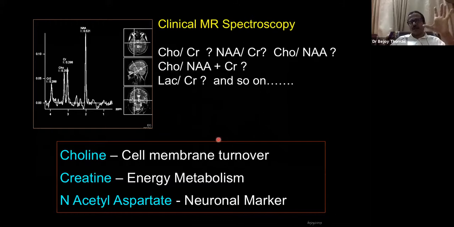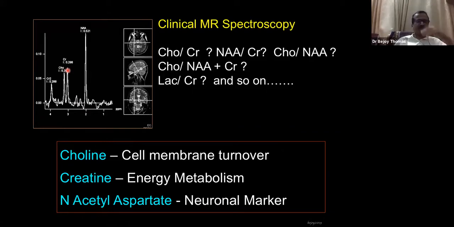So basically, we are looking at 3 or 4 peaks, and I will talk about more peaks as and when they come. But basically, we should know 3 peaks. N-acetyl aspartate is at 2 ppm, or 2.02 ppm, which is 2 ppm for all practical purposes, and is a neuronal marker. Then the creatine, at 3 ppm, is the energy metabolism marker. Whenever there is an infarct or a tumor, the creatine can come down, but it was previously thought to be a relatively stable metabolite. That's why people developed a choline creatine ratio and all, which I will talk about later, and which I don't